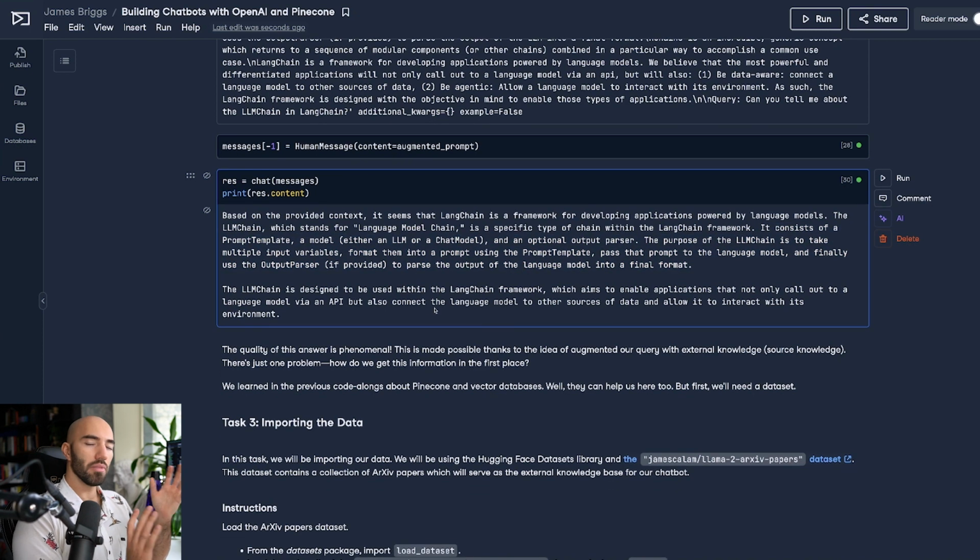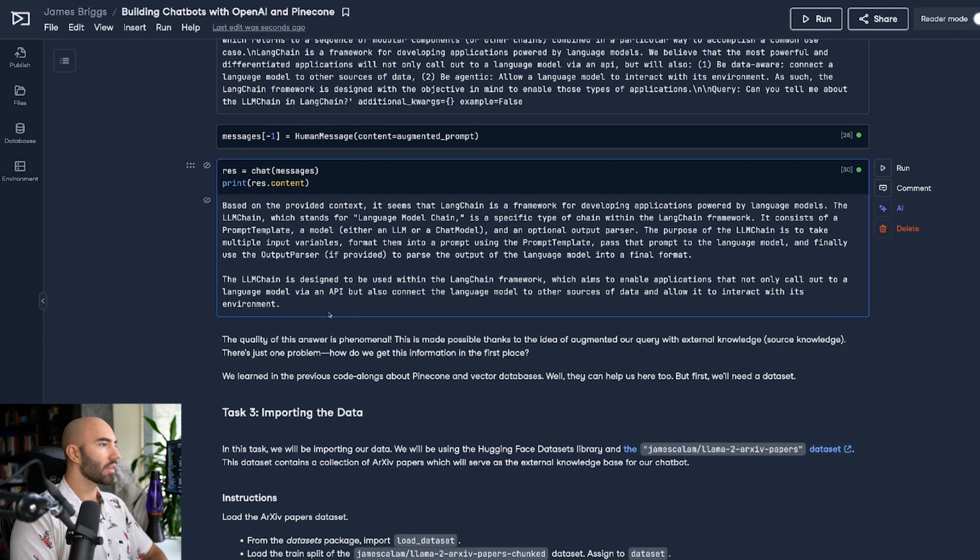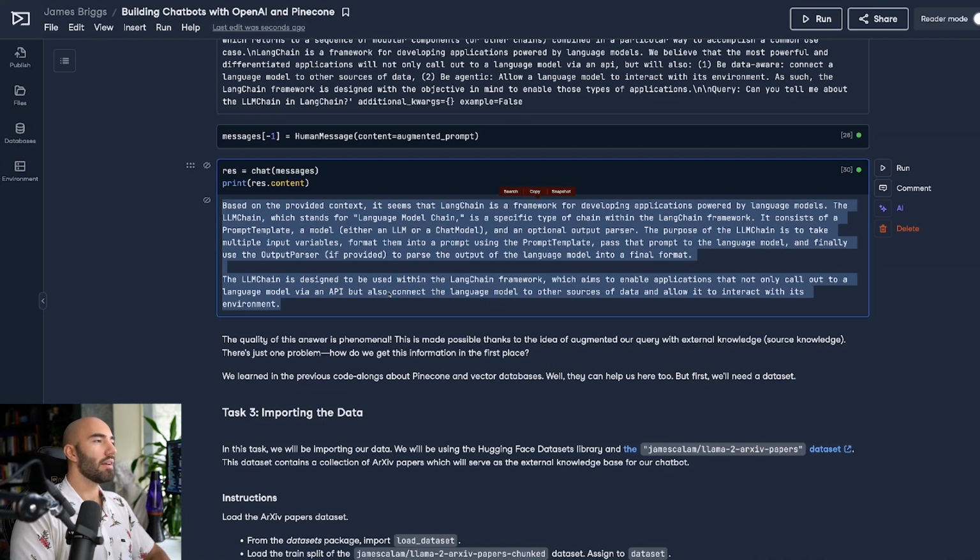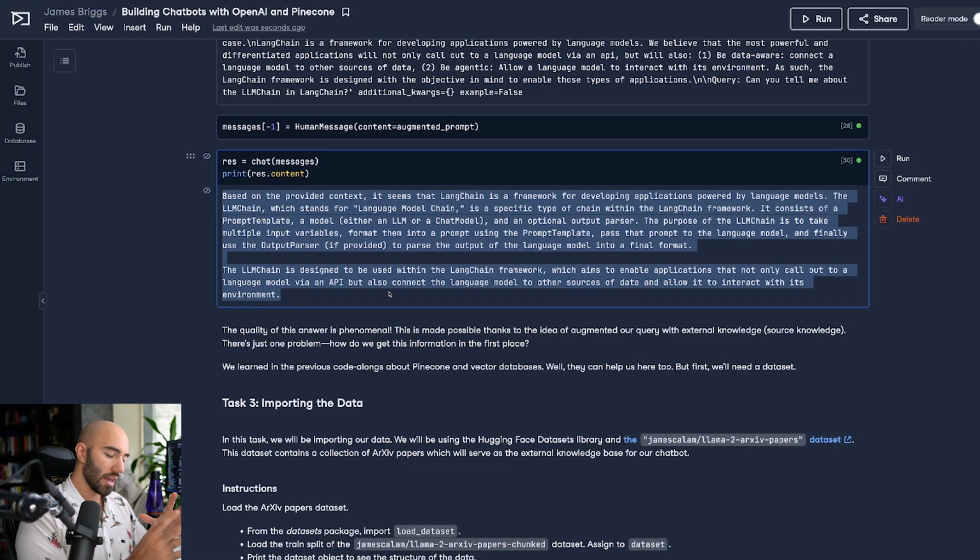But again, there are definitely things we could improve, and that's where your prompt engineering would come into play. Nonetheless, this response, compared to what we were getting before, is far better. The reason for that is because we augmented our prompt with that additional external information.